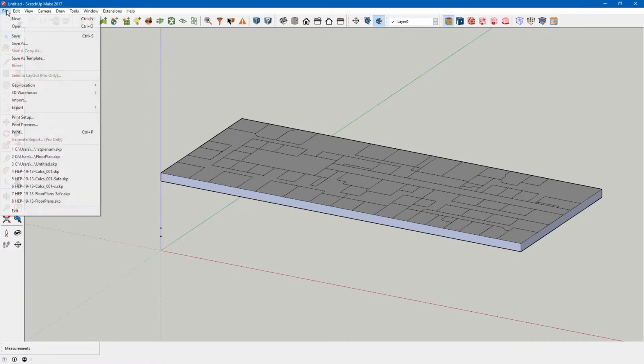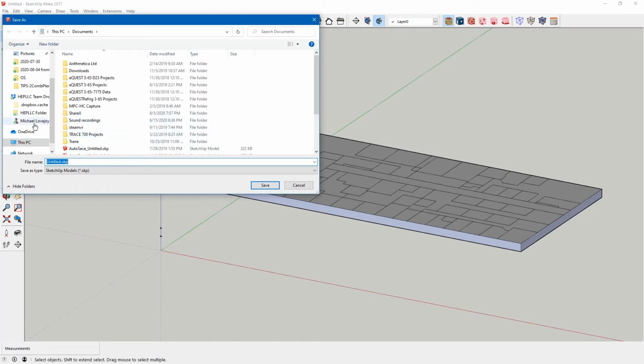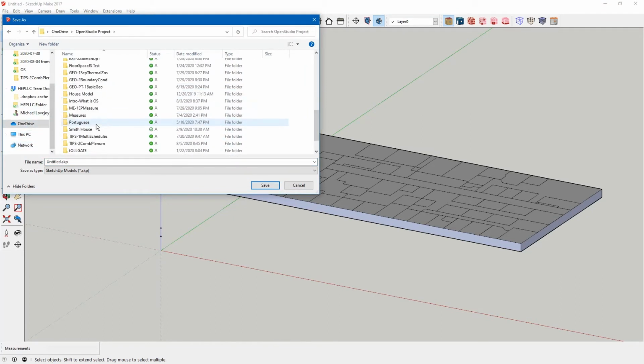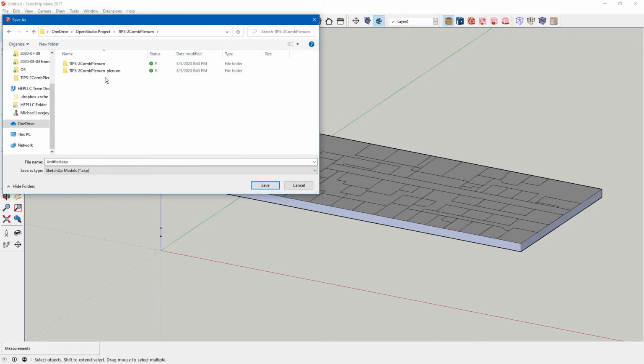And we can just save this. We can save this SketchUp file just in case we need it for some purpose in the future, or in case SketchUp crashes on us or something. So we'll just save it as a SketchUp file.